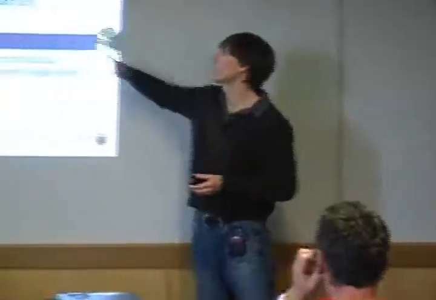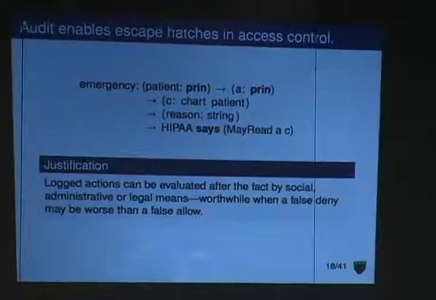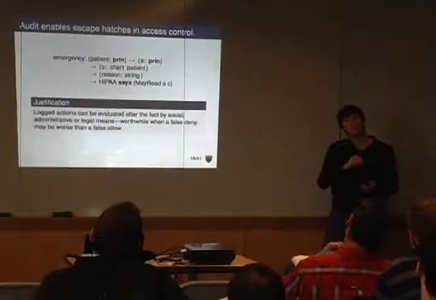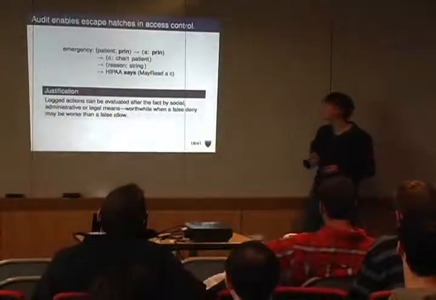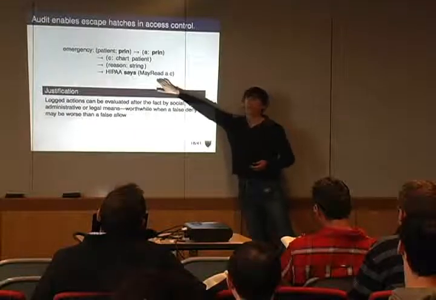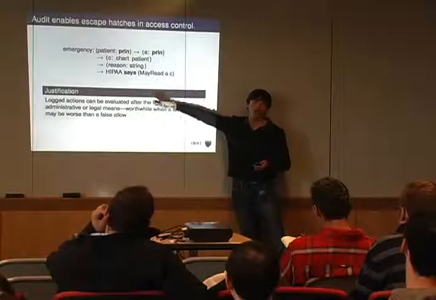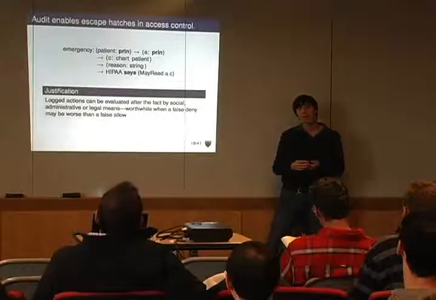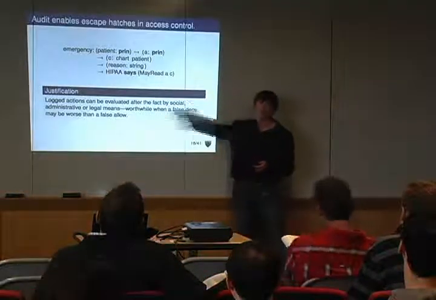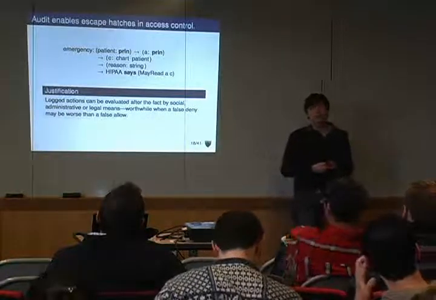So in this particular case, yeah. You can't write down a truly generic escape-all clause in a natural way. Actually, let me take that back. I hadn't thought about it, but I think you could. Using this rule, though, is pretty close. This is the escape-all clause for reading a chart. You could either enumerate one of these for each security action you were concerned about. But I'm pretty sure that if you were clever, you could quantify over the action that you were going to take and allow a truly generic escape-all.